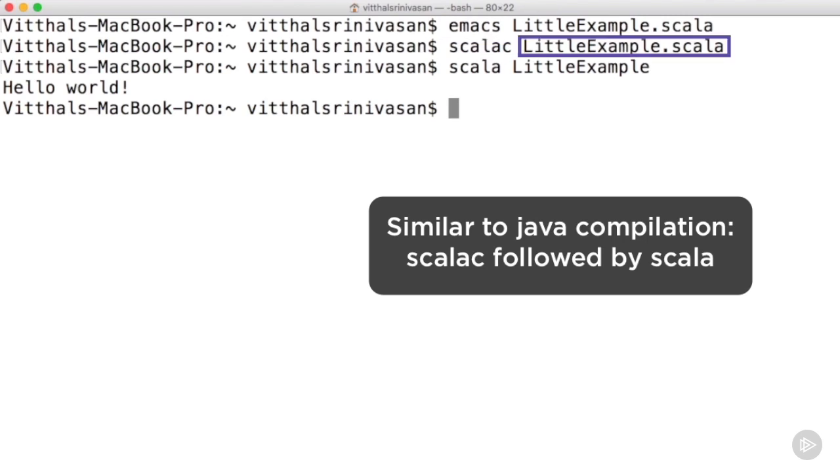This leads to the creation of a file containing the intermediate bytecode, which can then be executed by the Java runtime. Scala has a little wrapper for doing so, and that's what we invoke, scala followed by the name of the object that was contained within our source file. Once again, here it's littleexample. As with Java, this does not contain the file extension, and the result is a very satisfying hello world. We have successfully executed Scala code in non-interactive mode. For the remainder of this course, we will mostly stick to the REPL, to the interactive shell. It's important for you to know how the non-interactive method works.